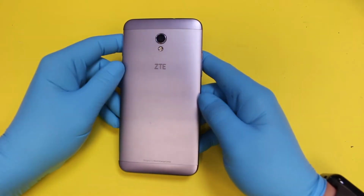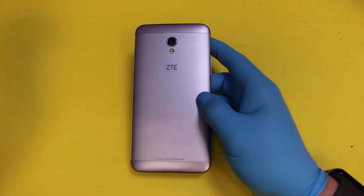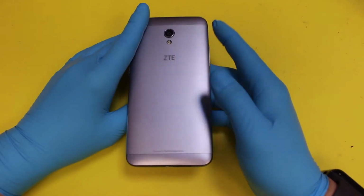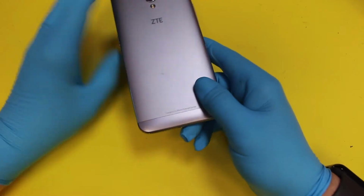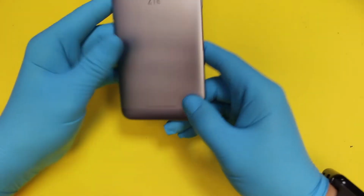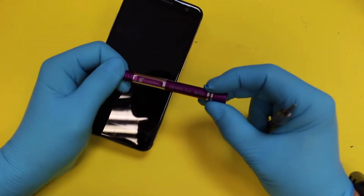How to replace the charging port on a ZTE Blade V7. Okay, so this is a customer's phone. They brought it in, it doesn't charge, so we're going to replace the charging block, and this should do the trick. Okay, so first things first, you need a screwdriver which is named here as